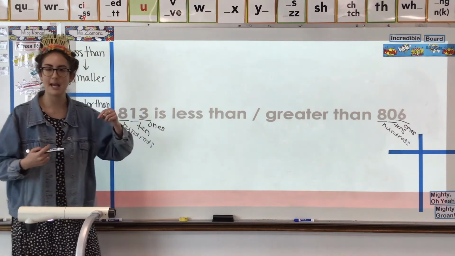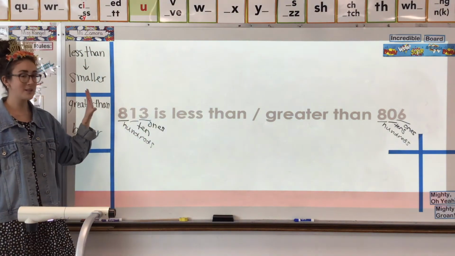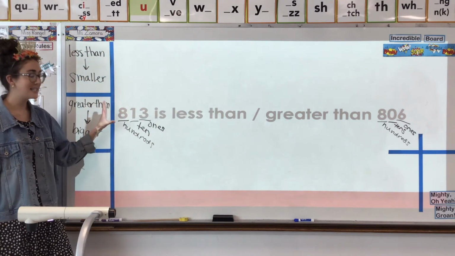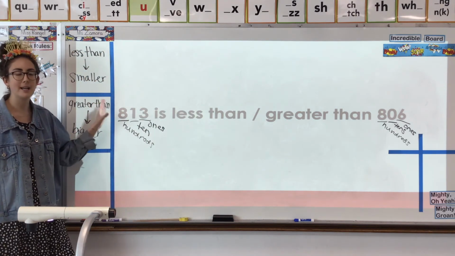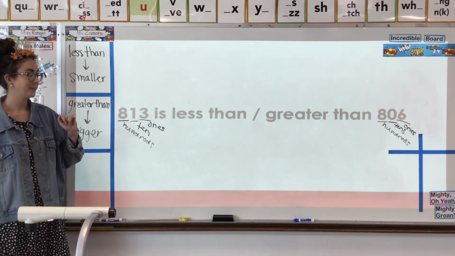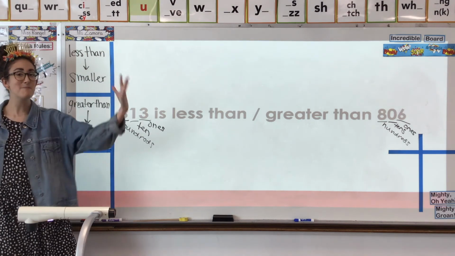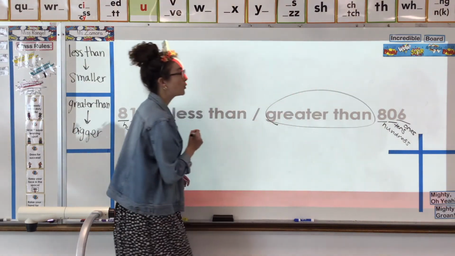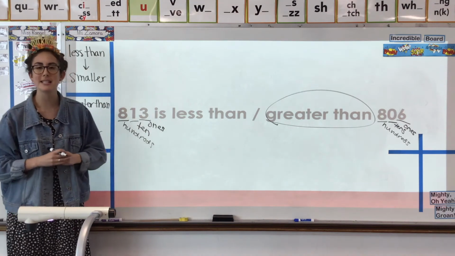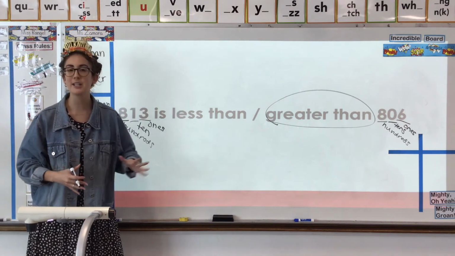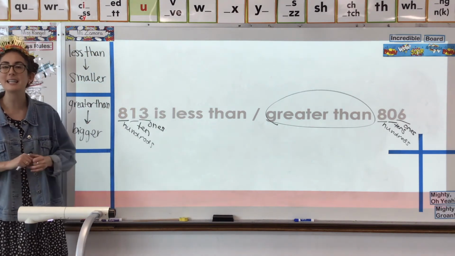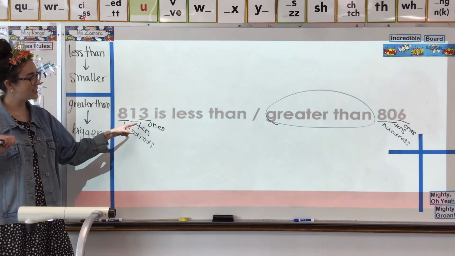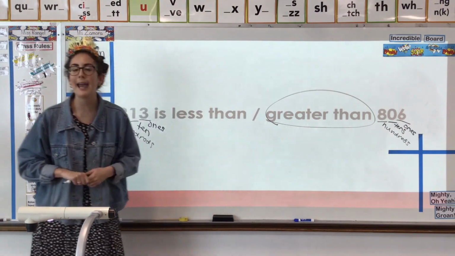1 ten versus 0 tens. So looking at our first number and comparing it to our second, is this number 813 bigger or smaller? It's bigger, so 813 is greater than 806. We were circling the phrase that correctly completed the sentence. But second grade, 813 is greater than 806